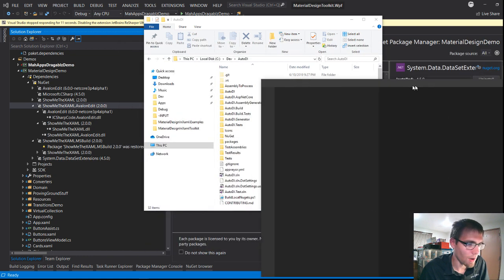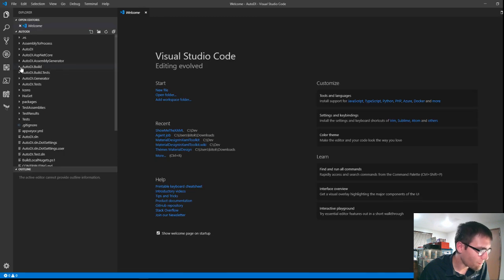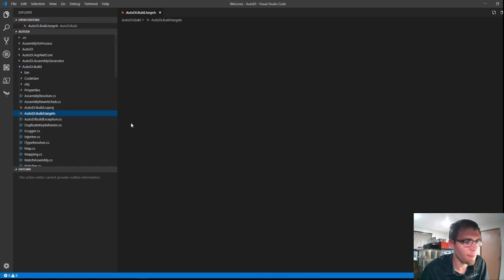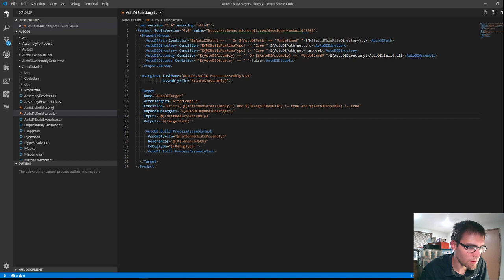So I effectively rebuilt a large portion of it in my AutoDI build project. But this guy here has a targets file, and this guy here, I believe, yeah. So this is the other kicker. It compiles both a .NET Core and a .NET Framework version of the assembly that contains the task, and then picks the appropriate one based upon this MS Build runtime